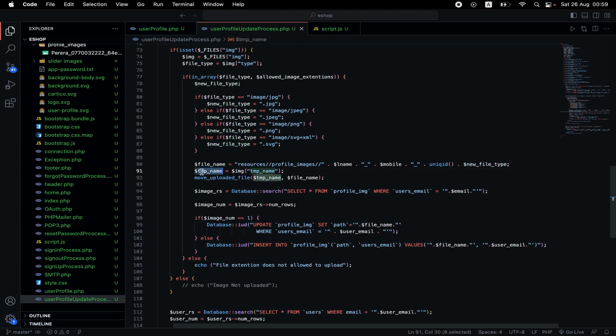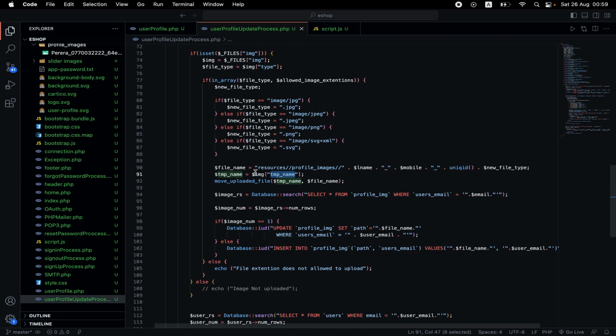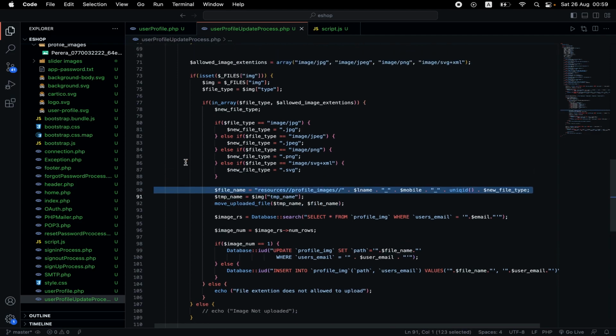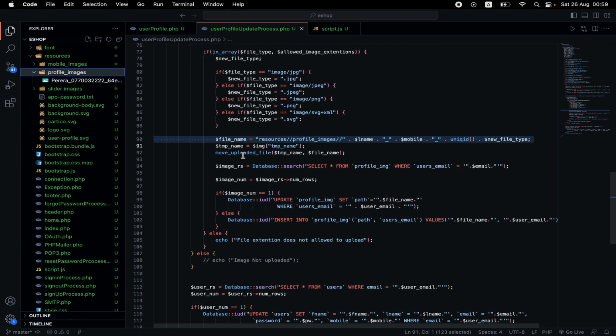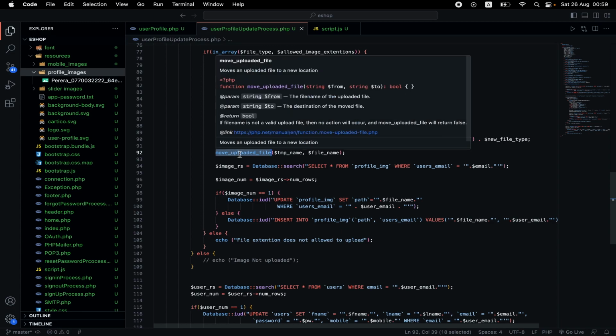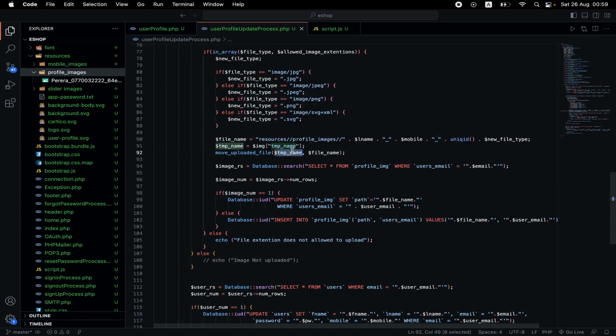And then inside this image object, we have a temp name. This temp name means actually it's a temporary location, so we have to move that from that temporary location to this new location we created, and this new location exists in here. See, resources profile. So what I do is, using this move_uploaded_file method, going to move from the temporary location